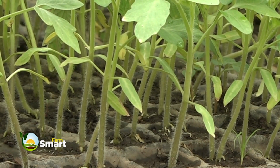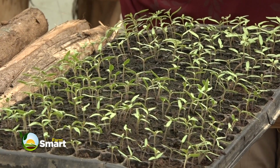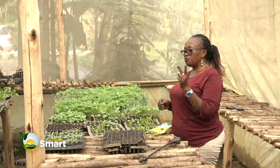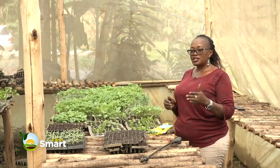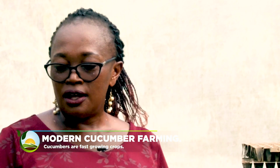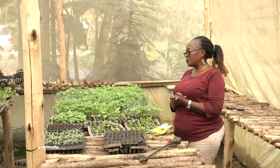And as they grow, we do what we call hardening. Hardening is a process of strengthening the stem of the plant so that it's ready to face the conditions that are out there in the greenhouse. So let's say you've been watering twice a day. When you know that you're going to transplant them next week, you start reducing the amount of water they are getting so that they start to get a bit hard. They get used to strong conditions. So once you've stopped giving them water 2 times a day, they'll become strong and easy for you to take into the garden. So once they are ready,